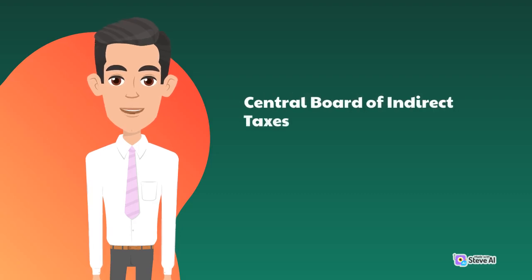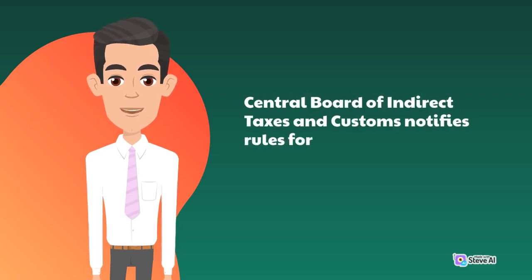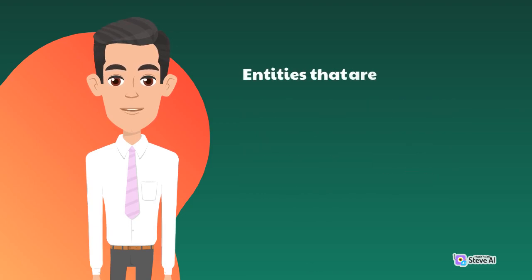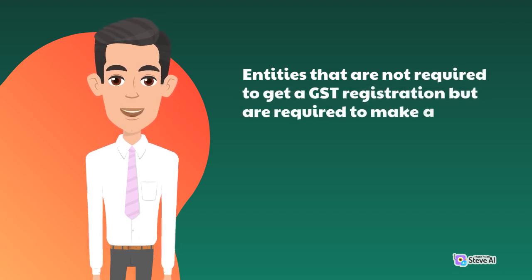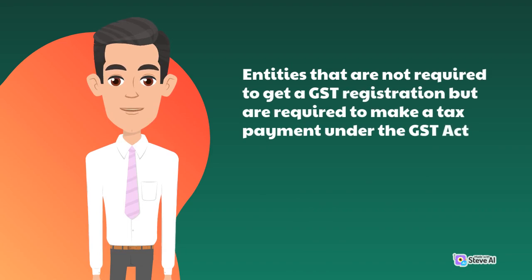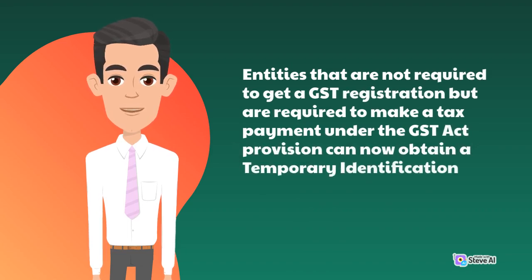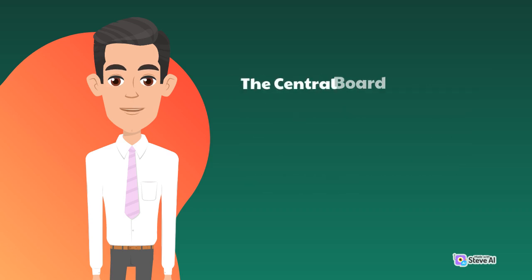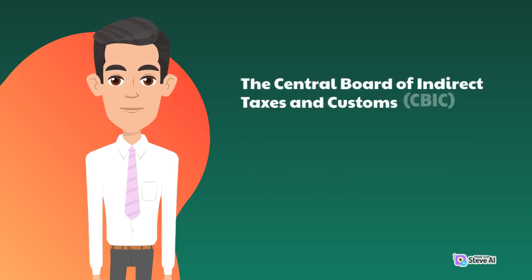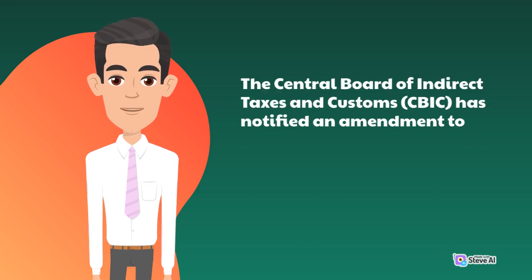Central Board of Indirect Taxes and Customs notifies rules for entities to get temporary GST identification number. Entities that are not required to get a GST registration but are required to make a tax payment under the GST Act provision can now obtain a temporary identification number, TIN. The Central Board of Indirect Taxes and Customs, CBIC, has notified an amendment to GST rules to issue TIN to